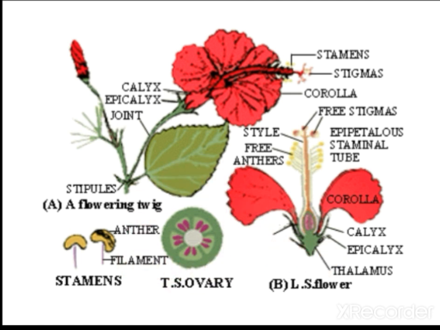Simply try both at home, either this or that, and it will help you to understand the floral structure. Children, in the bud stage also you can make a cut here, and you can find how the floral petals are arranged. It will be interesting for you to analyze the flowers seen near your home, and you can easily find out what type of arrangement of petals and sepals there is.